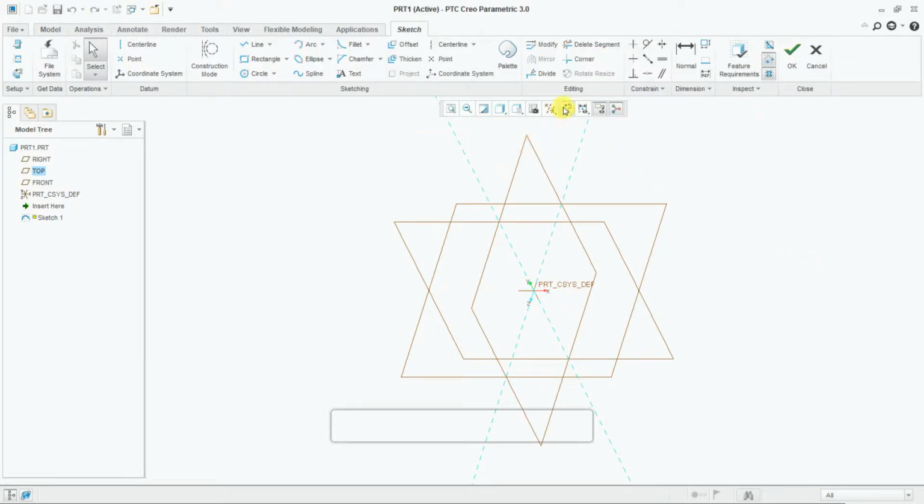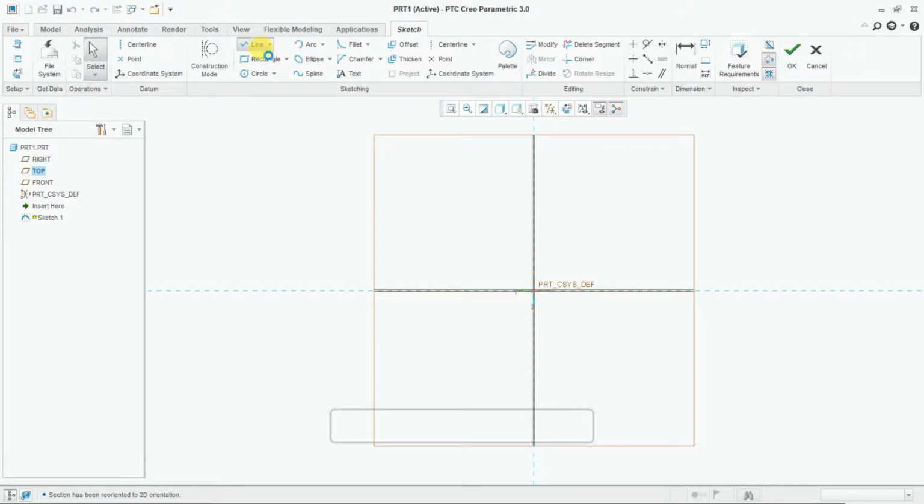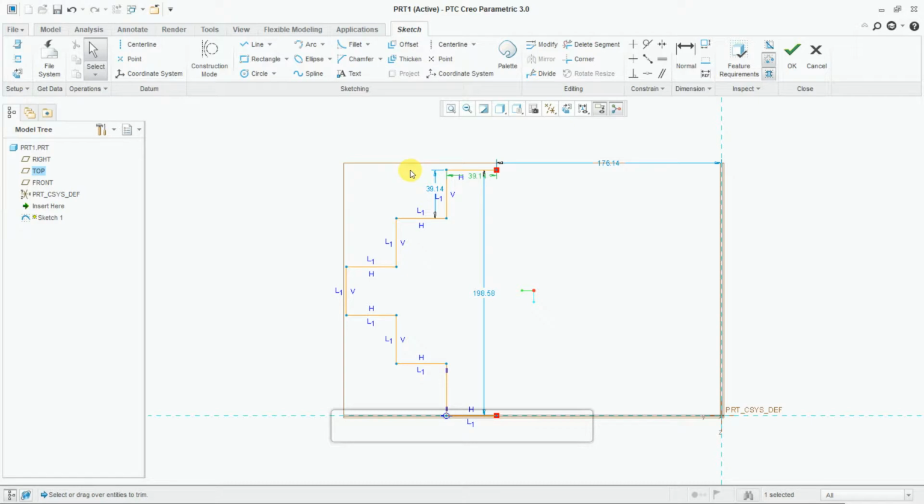Now in sketch view, select the line option, then draw as we want. Now after completing one side of the sketch,